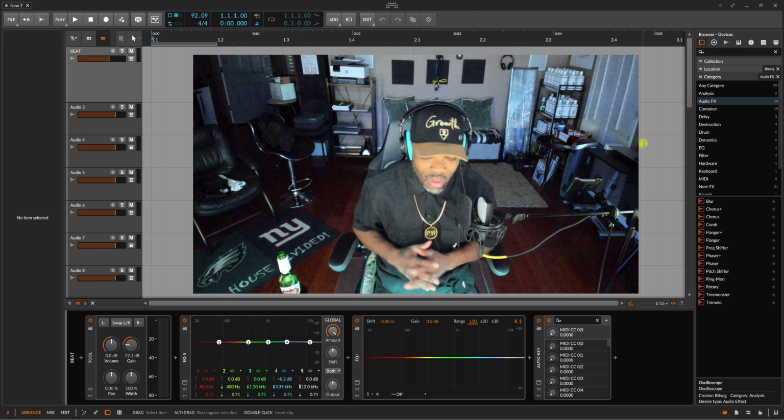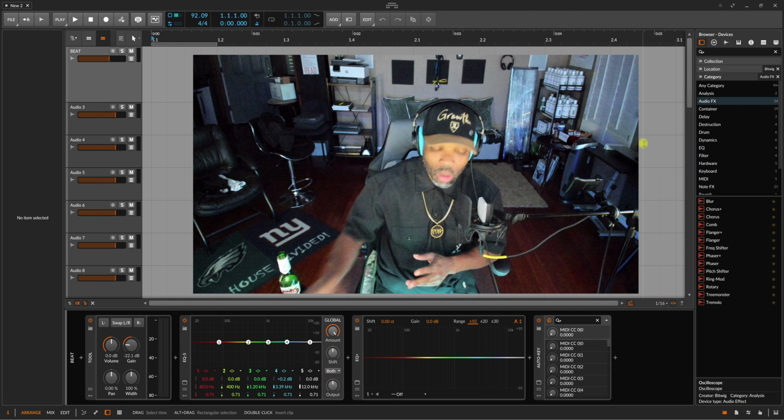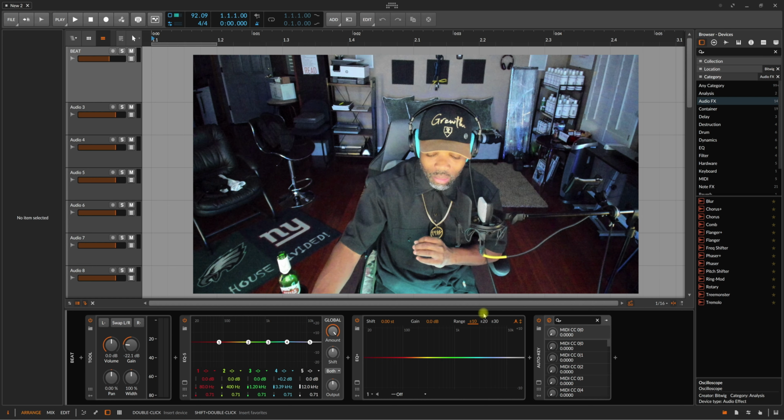So my point is this, people: it would be a great idea if Bitwig did that same concept and called it Bitwig Extensions or something in that form, where different companies, or hell, even Bitwig, design certain plugins that sit exactly right here. For example, like this Auto-Tune from Antares, like how they did in Reason.